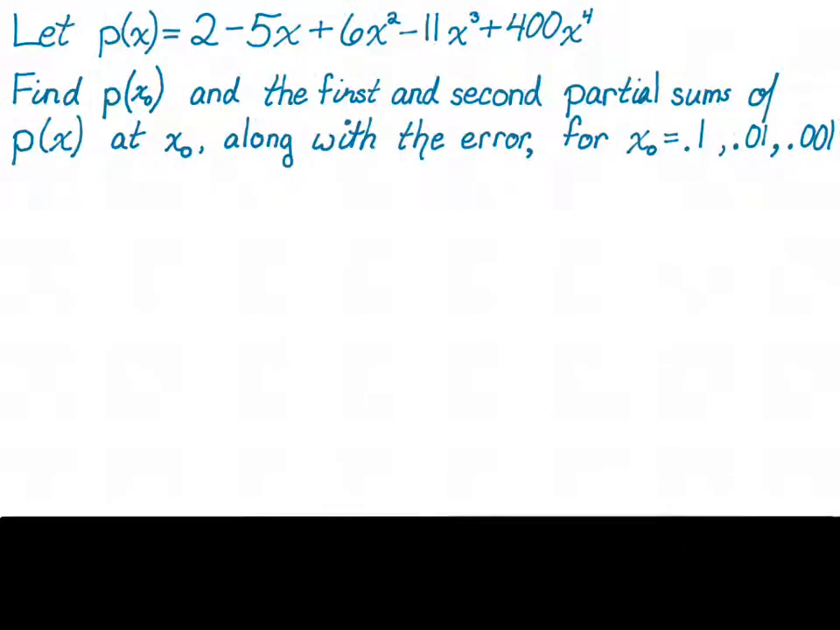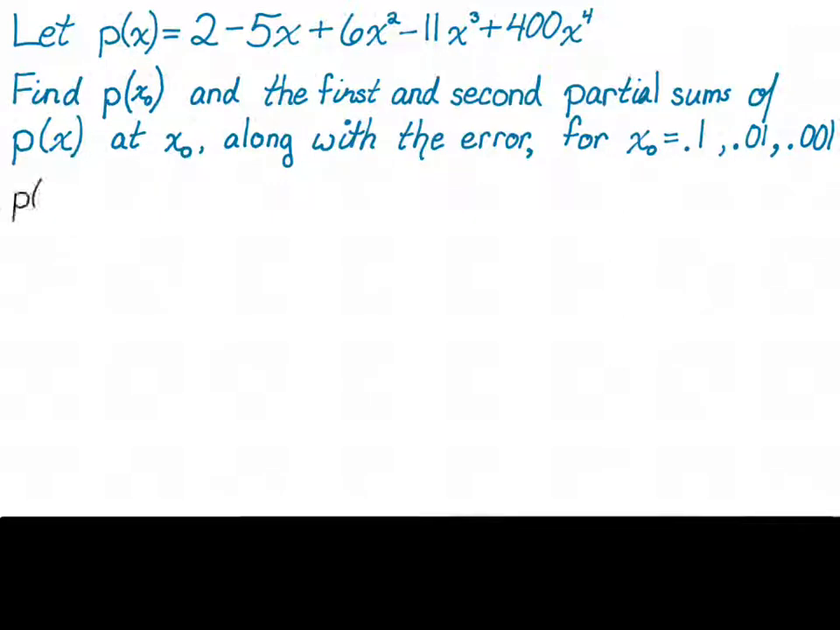Okay, so I have a polynomial p of x and three values for x naught: 0.1, 0.01, and 0.001. I want to calculate the exact value of the polynomial at each of these 3 points, the first partial sum for each of these 3 points, the second partial sum for each of these 3 points, and then also the error values for these. So I'm going to do everything for 0.1 first, then I'll go through and do everything for 0.01, and then I'll go through and do everything for